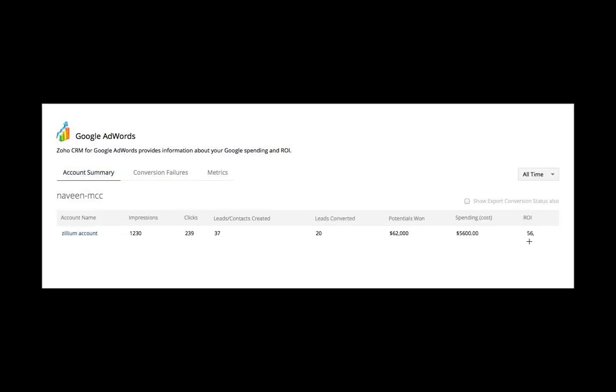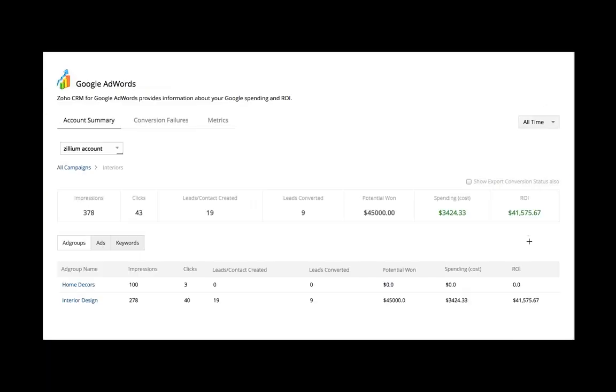Now, this was the screen in which we see data at a campaign level. Now let us go a little more detail. Now, the interior design, this is the ad group level details. So now you see the much more finer grain detail information available in this specific screen.